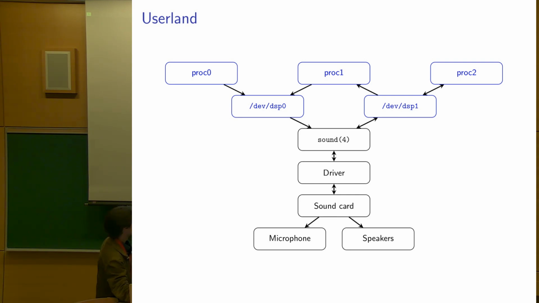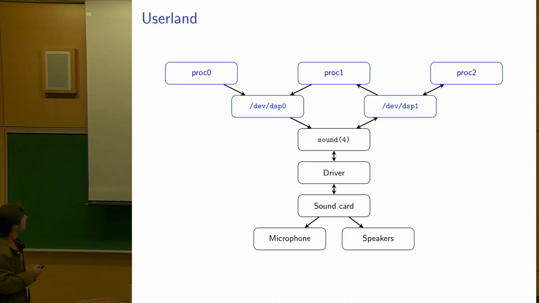So this is the very high-level control flow of how sound works. If you notice, the arrows are not all the same. Some arrows send data to the device, eventually speakers. Some others take data from the sound card and go up to the process. So playback, recording. And some processes can do both. For example, you can record sound and play sound, like